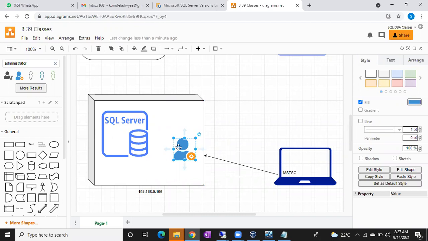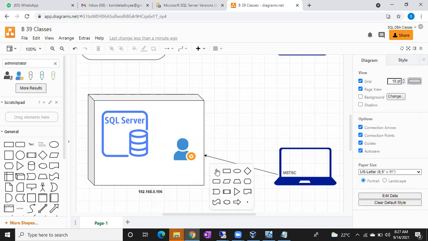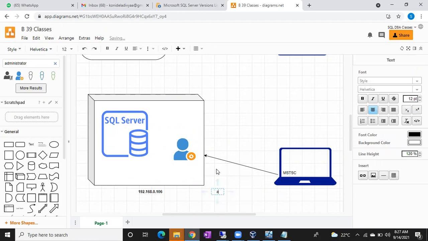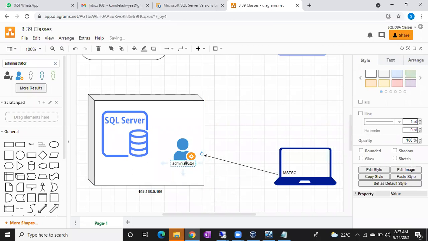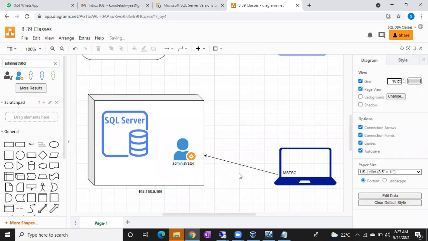We don't have different accounts, so that's why we are using administrator accounts. We don't create any different accounts, right? Administrator. So this is the administrator account, this name you are giving and this password you are giving, then you are able to log into this machine. Then from here you can connect to SQL Server. Again, that is a different case.